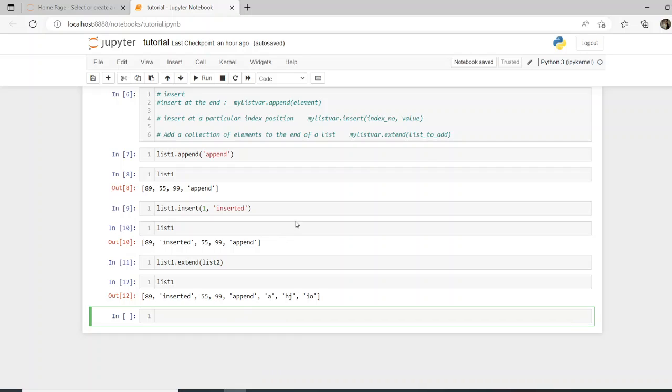So now let me write for i in range, length of list 3,